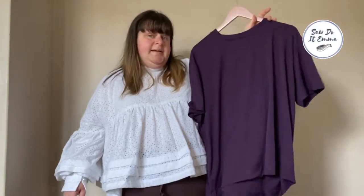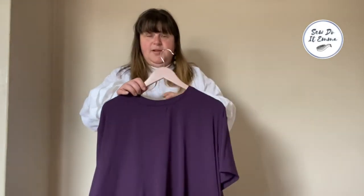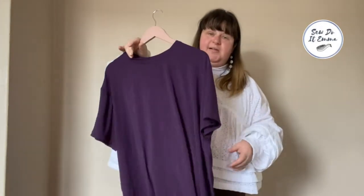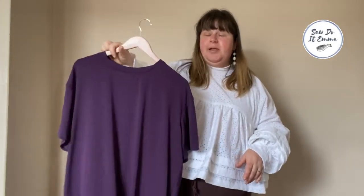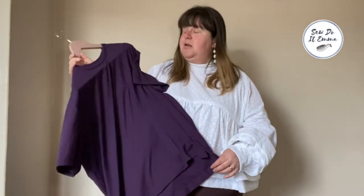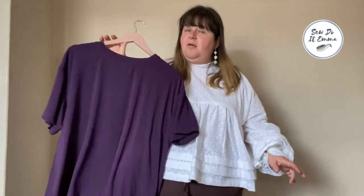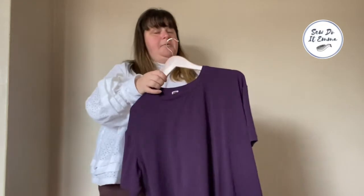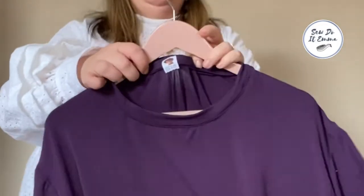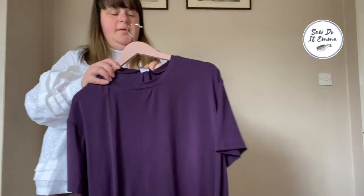Got the Jackson tee here. It's in his favourite colour, which is purple. I've had this viscose jersey in my stash for quite some time. Originally it came from Dragonfly Fabrics. They had a good range of colours. I'm not quite sure if they still got any of this left because it's been some time since I've had this. Another label chosen by Paolo, and that was contains